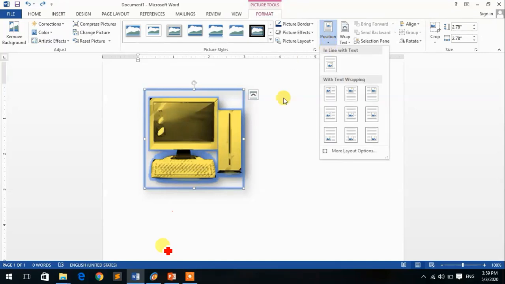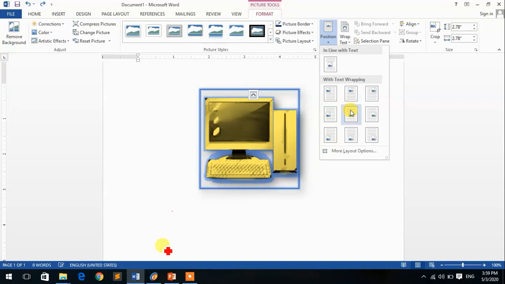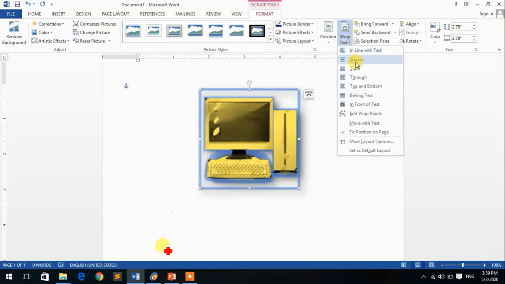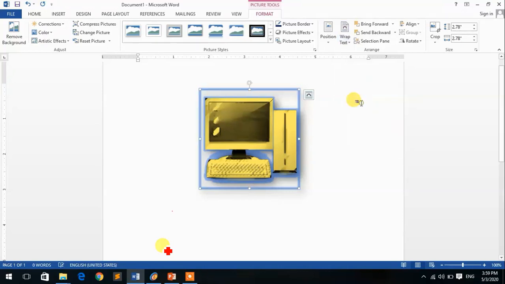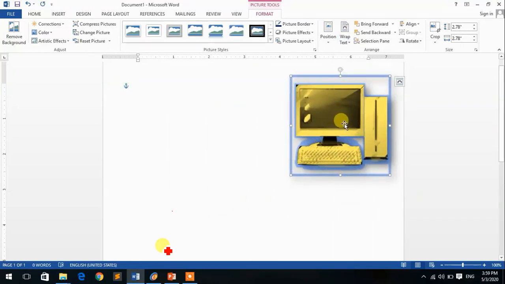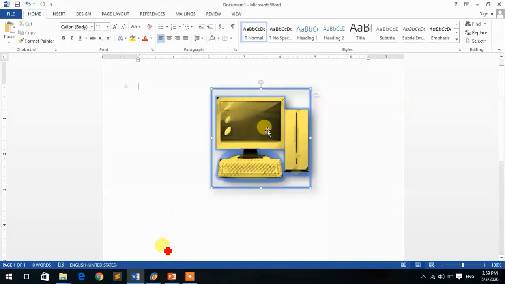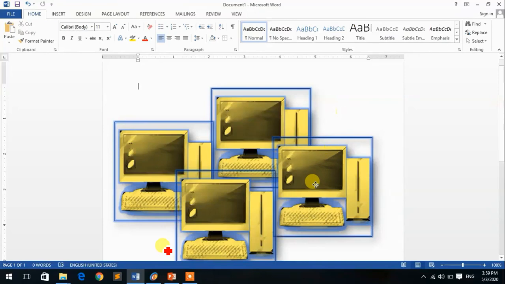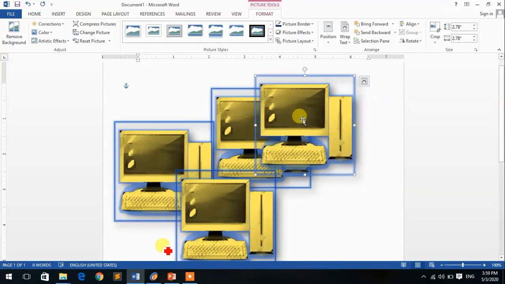Now position. While using the text you can use the picture in this way, inside the picture, inside the text. Right now, wrap text: you can use the wrap text feature to put your image in with the text.